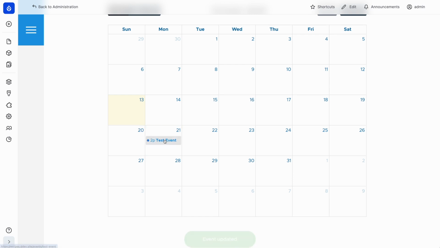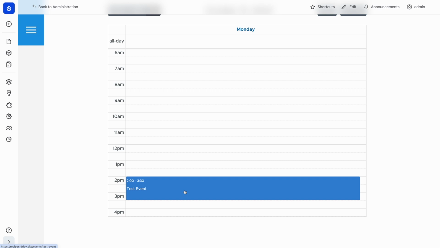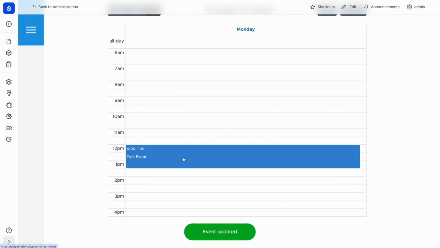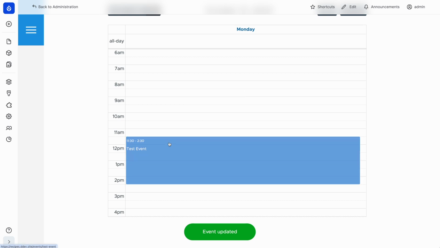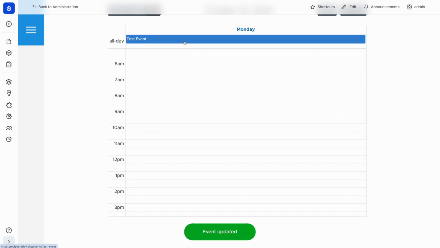So we have the ability to drag and drop to reschedule. Notice that it's using toast style notifications. And if we go within a day, we can reschedule the event time. We can also drag and drop to change the duration, so to resize it. And then we can also drag and drop into the all day tray